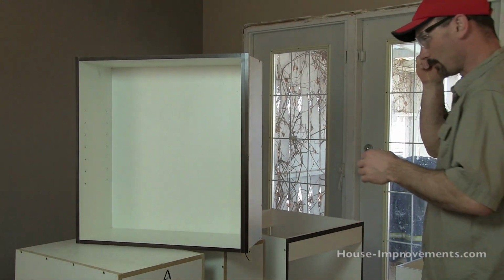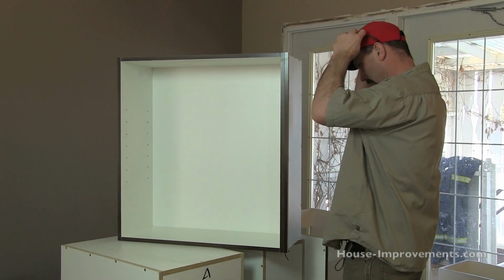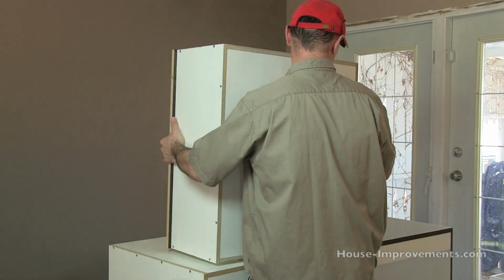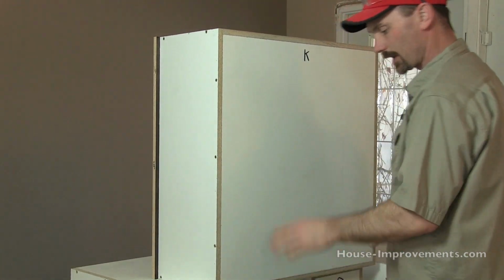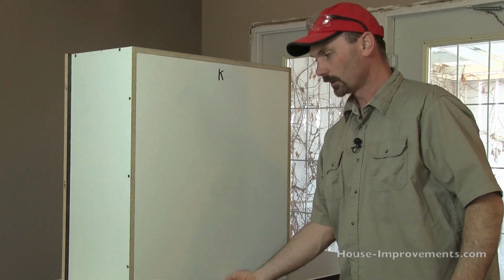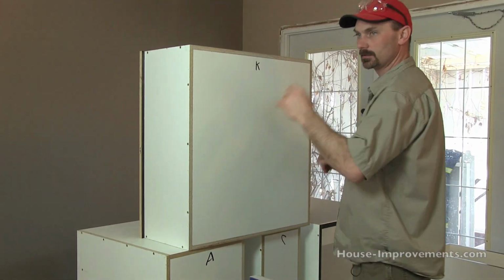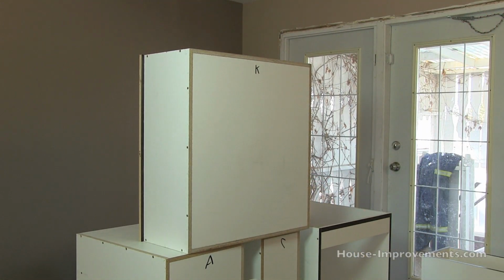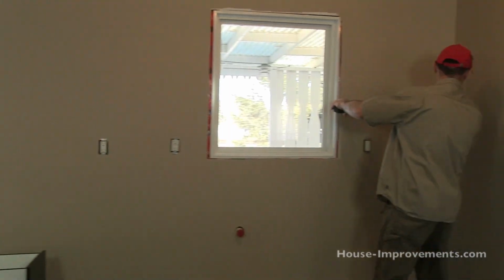Now I'm going to turn it around backwards here. Again, like it was originally. So I've got the cabinet sitting on its bottom, orientated, you know, kind of similar, so it makes sense to me as I mark out my measurements. I'm just going to come over here and